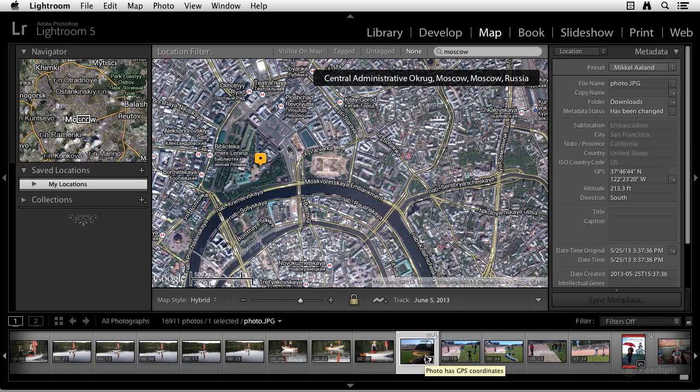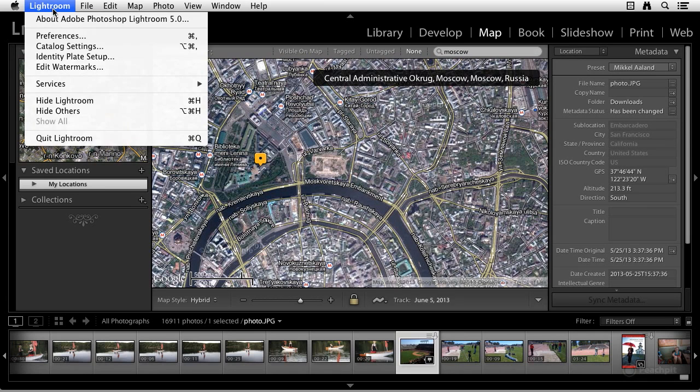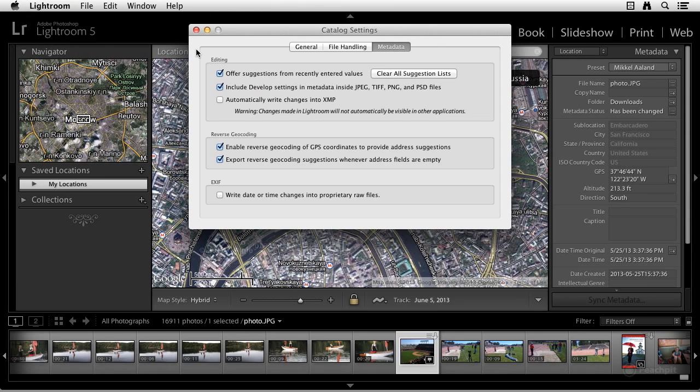Okay, so there's a couple preferences that I need to go over that have to do with security and privacy. So I'm going to go up under Lightroom, and we'll start with catalog settings. And under metadata, you see down here where it says reverse geocoding? If this is selected, which it is now, it means that you can enable reverse geocoding of GPS coordinates to provide address suggestions. Look over here to the right under metadata. You see these are just numbers, but Google Maps knows the actual sublocation, city, state, county associated with those numbers, and it's doing a